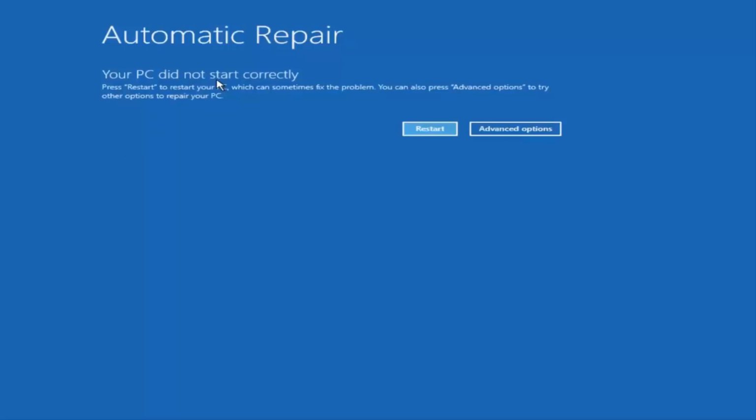So again, you would do a hard power off, so press your power button 3 times: complete power off, turn on, turn off, turn on, turn off, turn on, turn off, and then hopefully it would launch a screen. If you were unable to get to this screen, you are more than welcome to download the Windows 10 Media Creation Utility, which I have made numerous tutorials about in the past, and I will include a link in the description of the video to the Microsoft webpage that describes how to do it, how to set